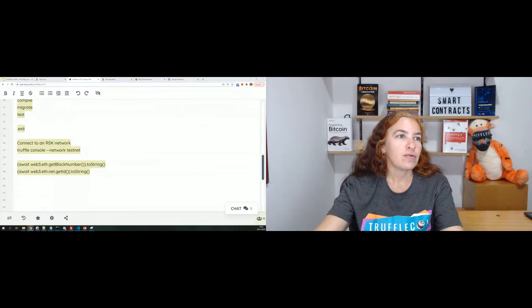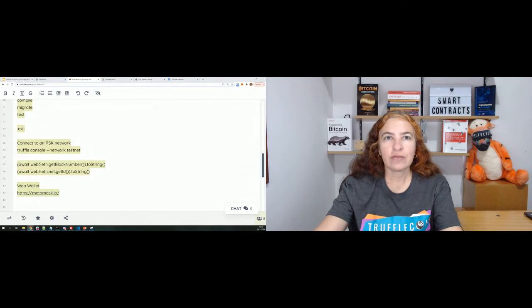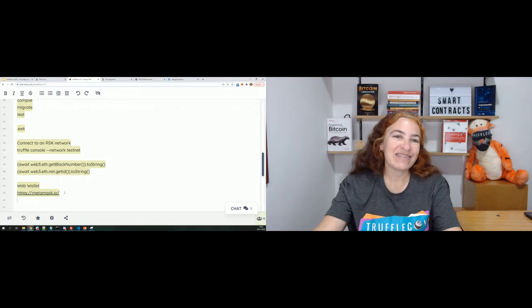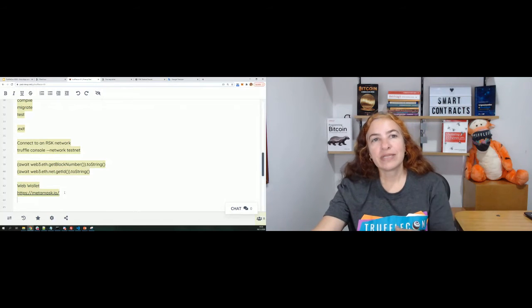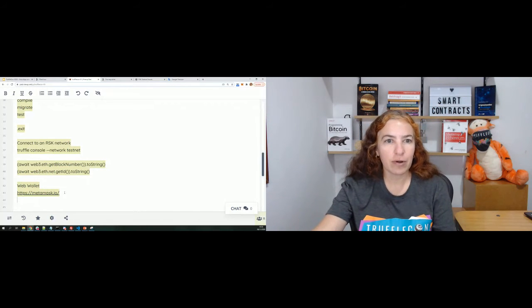First, we will create a web wallet. Do you know MetaMask? Did you have MetaMask in your computer? Yes, MetaMask. I will install MetaMask. I need to install it again or no? If someone doesn't know MetaMask, I can install it. It's not a problem for me